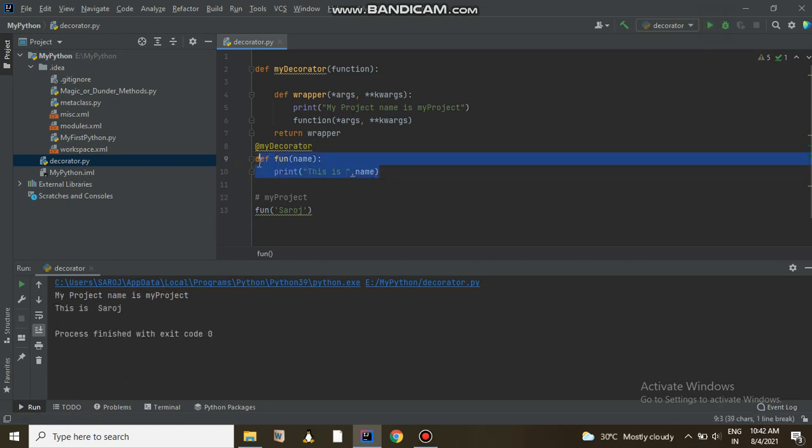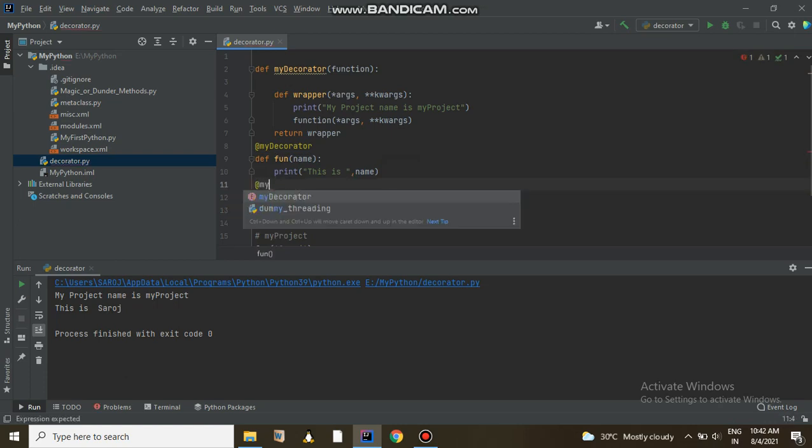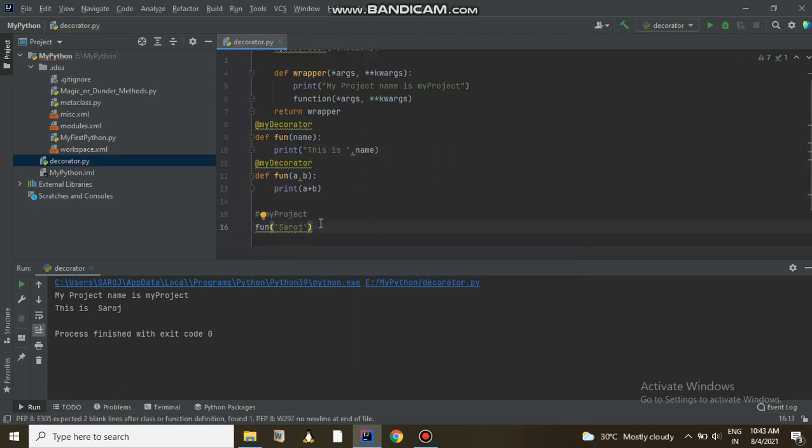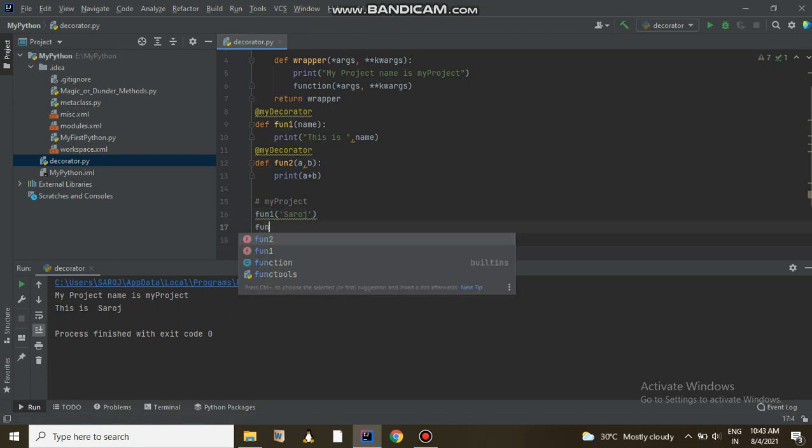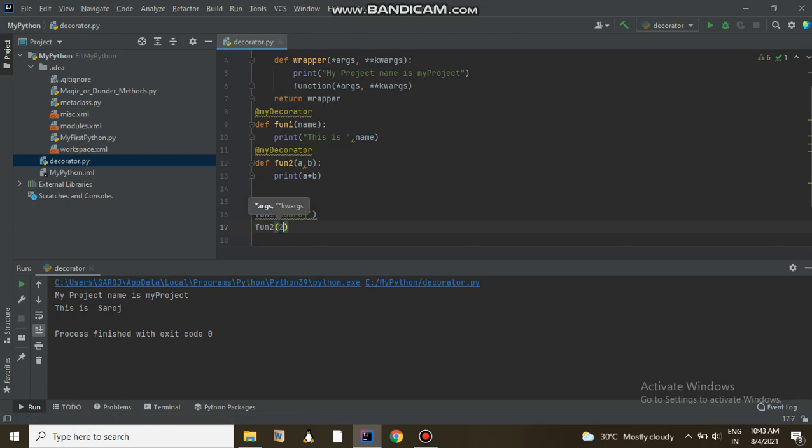Suppose I am creating another function which will take two arguments, A and B, and return the value A plus B. This is fun1 and this is fun2. Because fun1 takes one argument, it will only print the name of me, and fun2 will take two integers, 2 and 3.